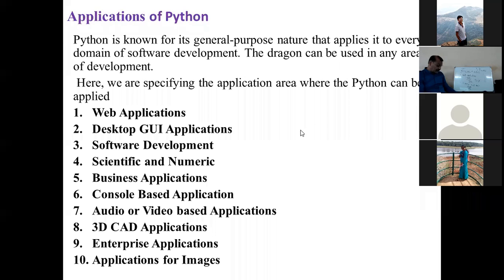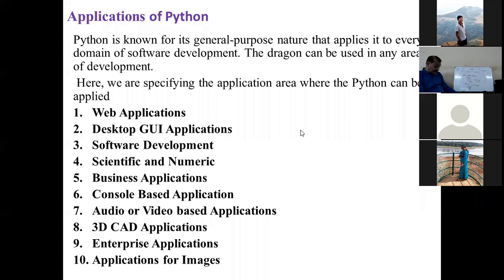Then console based applications you can design by using IPython, which is an integrated tool which can be used to develop with Python. Audio and video based applications are there. Pygame can support Python for that. Audio and video types of applications you can write. 3D applications you can write.